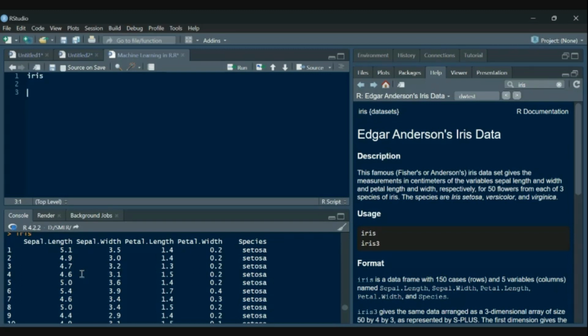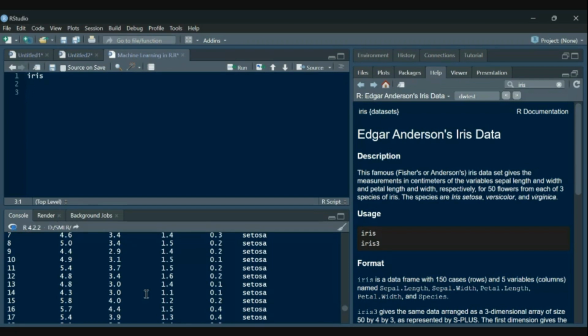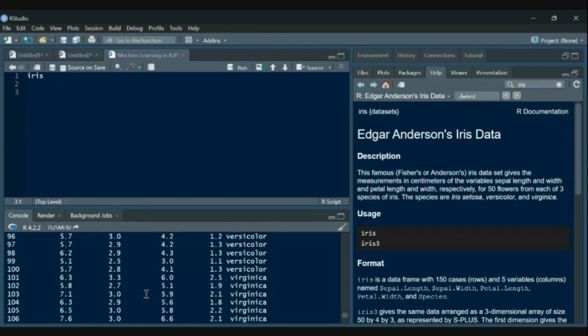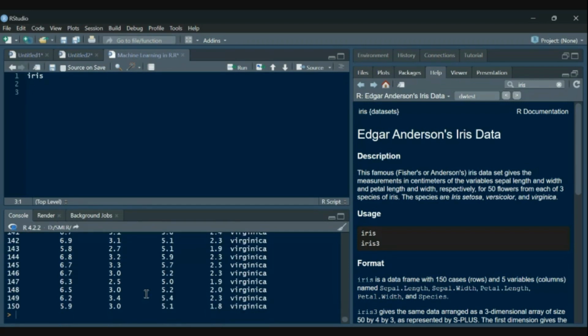Suppose we talk about red roses, then red are the petals, and the green part covering that flower is called the sepal. So the sepal length and sepal width are given. Similarly, the petal length and petal width are given, and the species it belongs to. There are in totality 150 flowers, 50 in each category. So this is our iris data set.